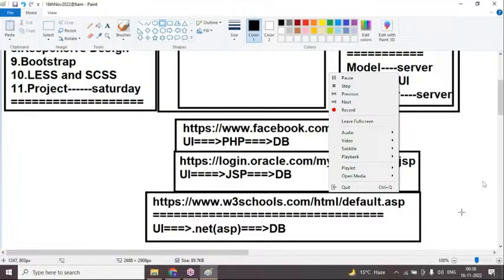If you are developing your application, there should be front-end programming. Facebook, Oracle and W3Schools all use a URL that interacts with the server page, and the server page always interacts with the database. This is very important in all programming: front-end to server, server to database. You can observe these interactions in every programming. So as of now, I'm in front-end programming, and under this front-end programming, I'm discussing